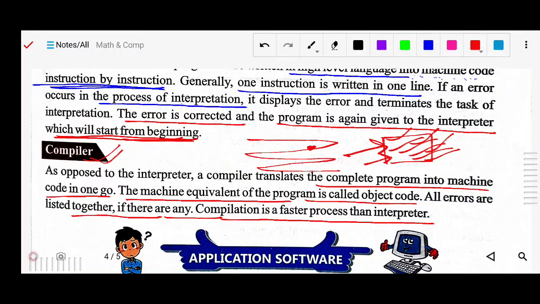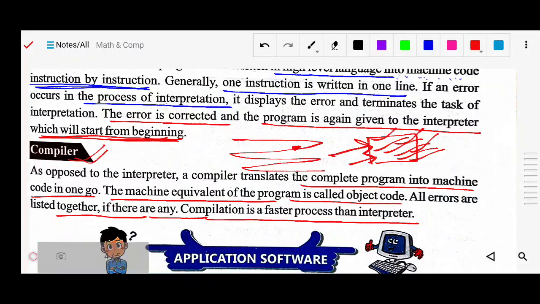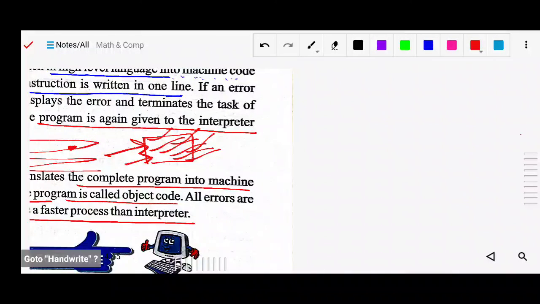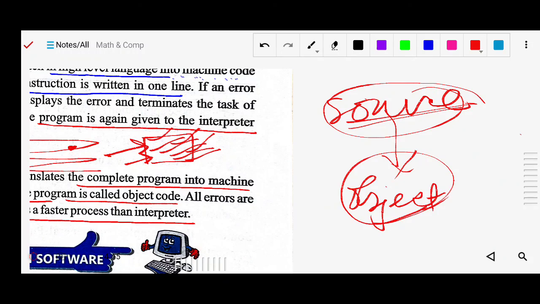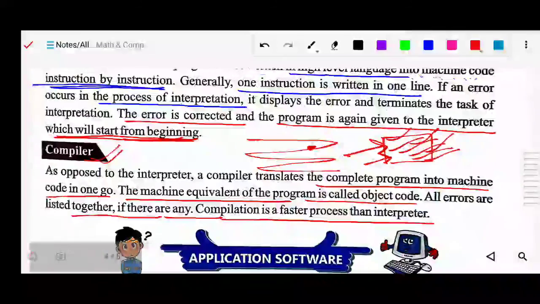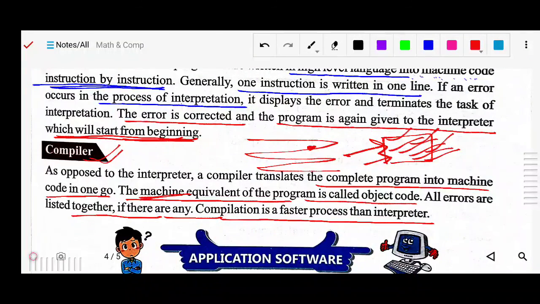And when you are writing the code, your code is called the source code. Once it is translated into machine language, it is called the object code.